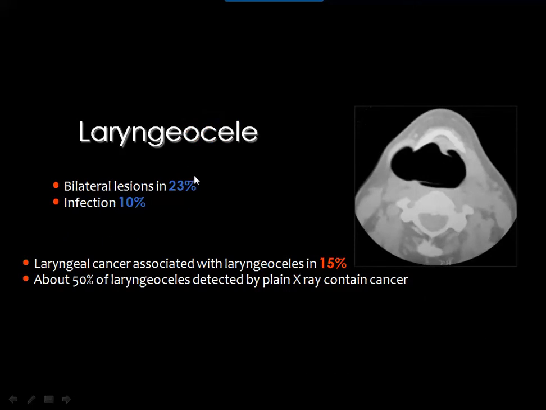Bilateral laryngoceles are seen in about 23% of cases. Infection of a laryngocele occurs in about 10% of the cases. Laryngeal cancer associated with laryngocele is seen in about 15% of cases, and about 50% of laryngoceles detected by plain X-ray may contain cancer. Then you see a big laryngocele of mixed type, a sizable intralaryngeal component and a smaller